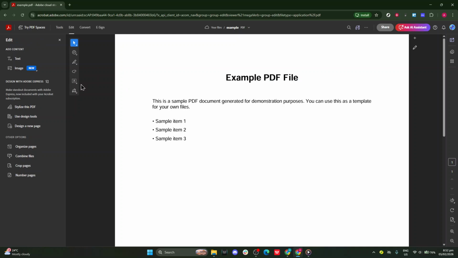When the text is where you want it, simply release the mouse button to drop it into place. Take a quick visual pass to confirm it aligns with your overall layout, and that's it. Click edit on